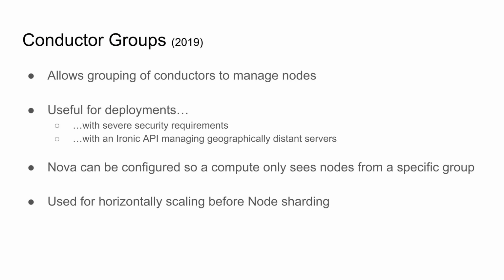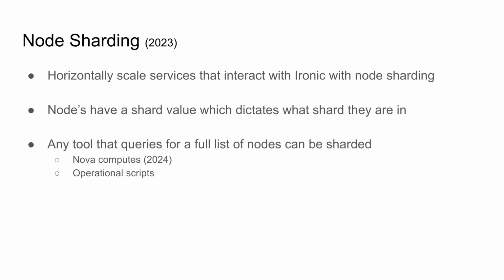And this can also be used to horizontally scale other services that talk to Ironic, although we have a more preferred way to do it now. And quite frankly, if you have questions about scaling using conductor groups and sharding, we just landed a doc which explains this way better than I could in a talk. Just look up the availability zone doc in Ironic where we talk about how you can use conductor groups and node sharding to emulate